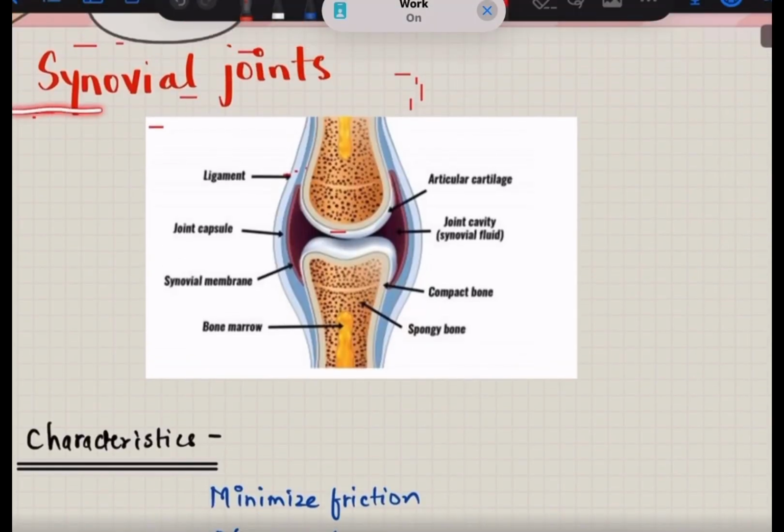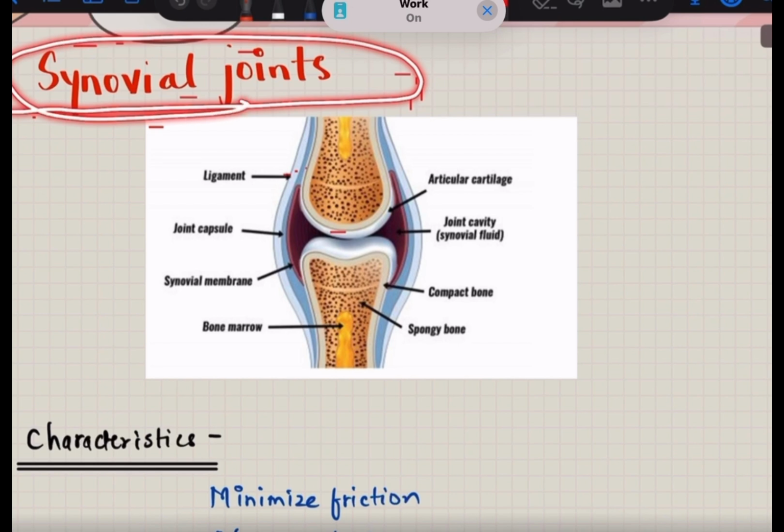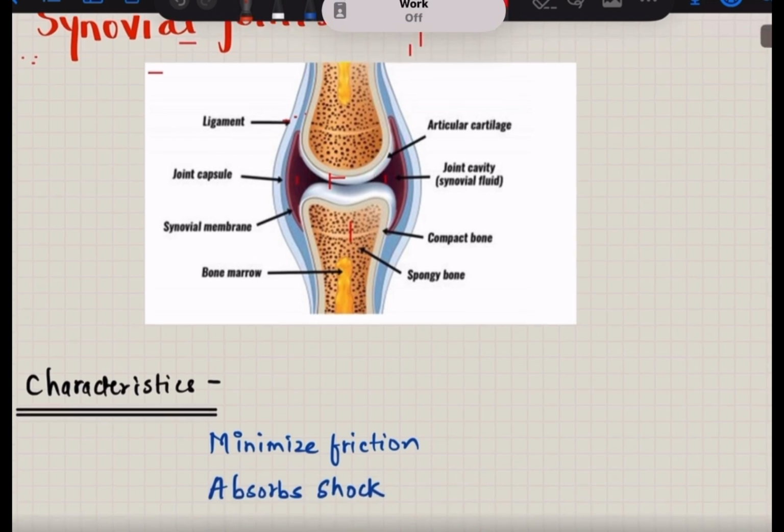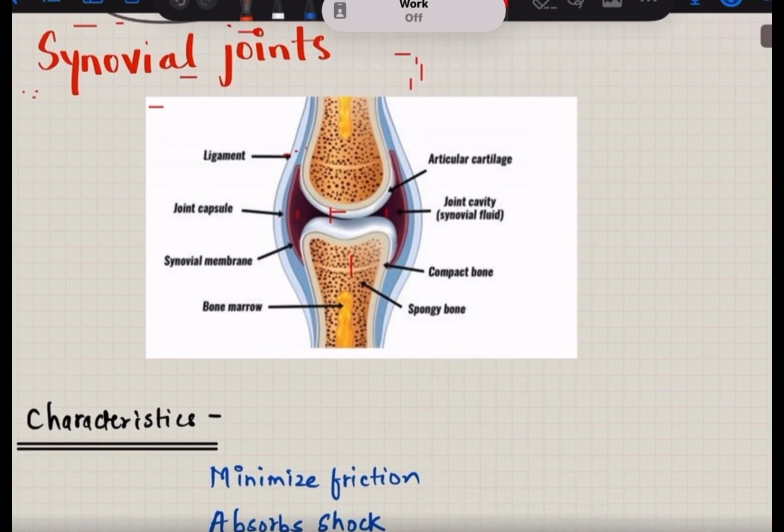Now, guys, I am going to talk about synovial joint. The synovial joint consists of a cavity or space between two bones, in which the cavity contains fluid called synovial fluid. Because of this synovial fluid, the joints are easily movable. In synovial joints, there is an articular surface. Here you can see, and for another one, this is the articular surface. Below the articular surface, there is an articular cartilage,